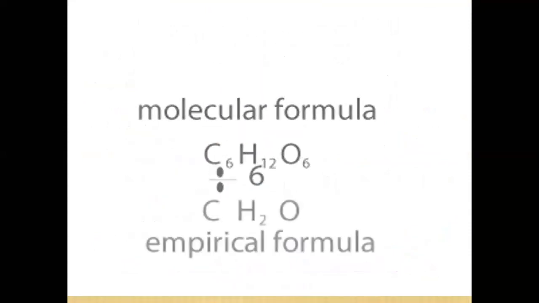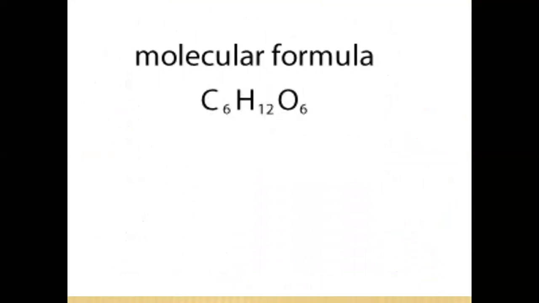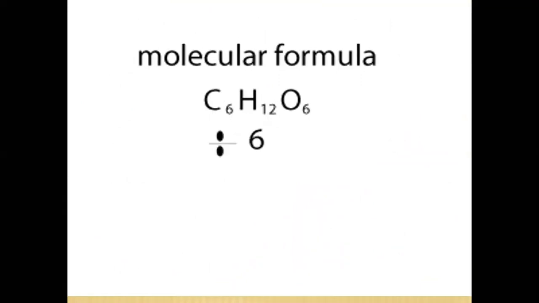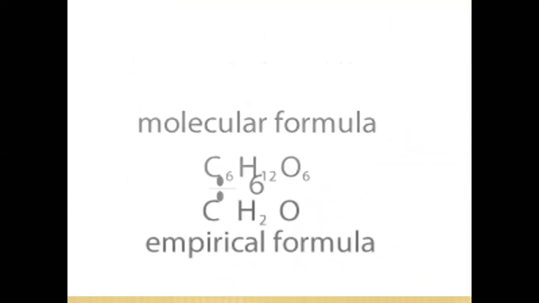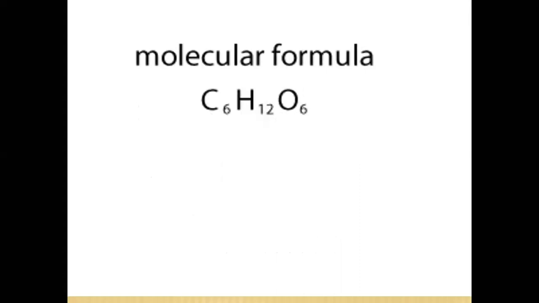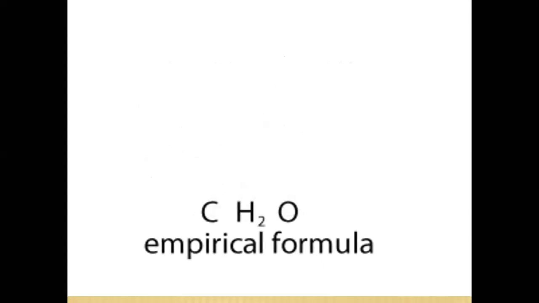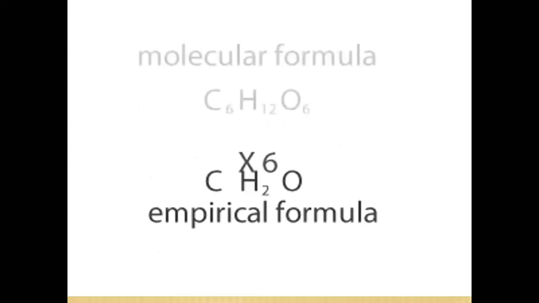Students, there is a molecular formula C6H12O6, the formula of glucose, and when we simplify it, we get the formula CH2O. It means that the actual formula and identification of glucose is C6H12O6. But after simplification, we get the empirical formula, that is CH2O. That tells us about the simplest formula, but not the true formula. It tells us only the ratio of the number of atoms to each other.